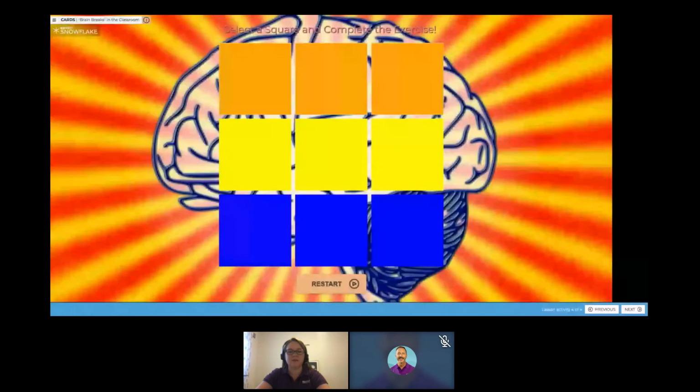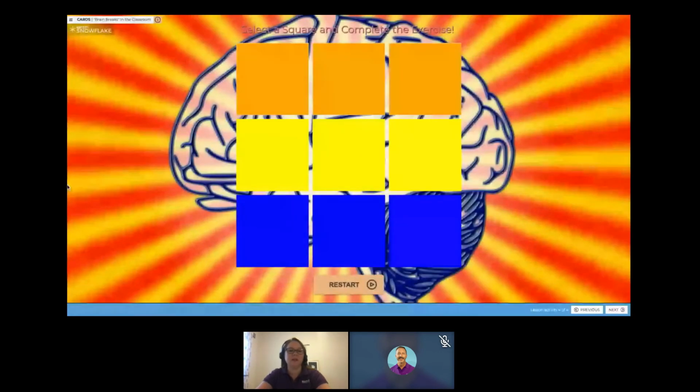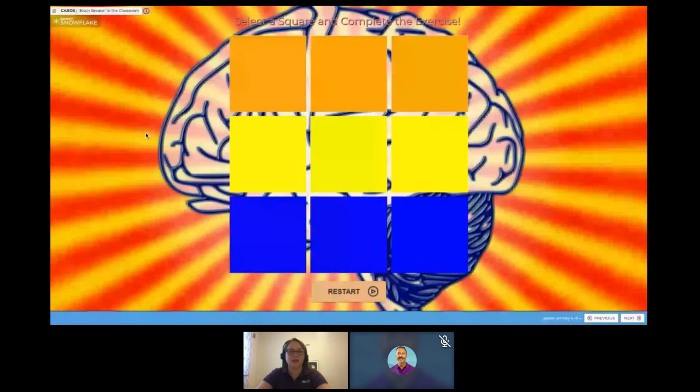And then the last one, this one is actually built with a spinner to go with it. So this was one that I used probably the most often in my classroom. We had a spinner, same background. Students would spin it, it would reveal a number, and then another student would come up and select the card,